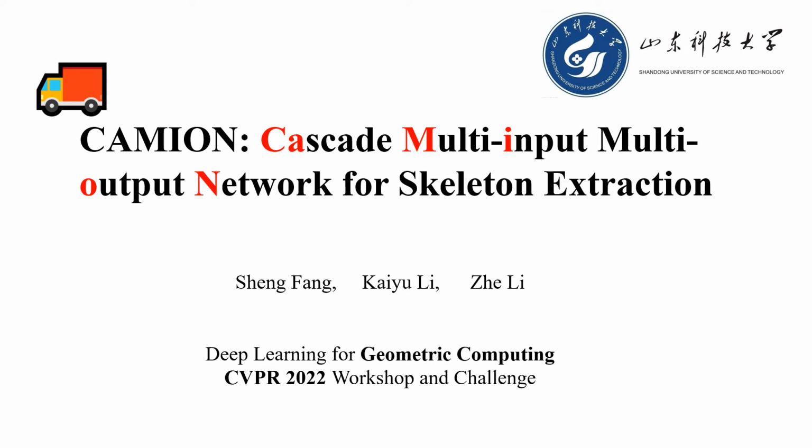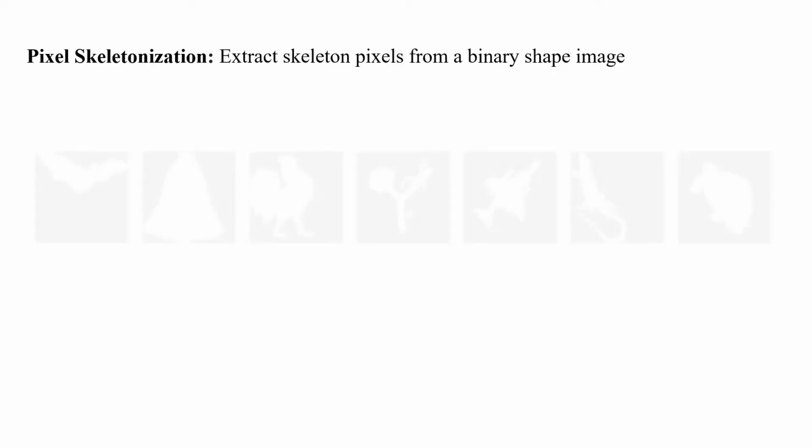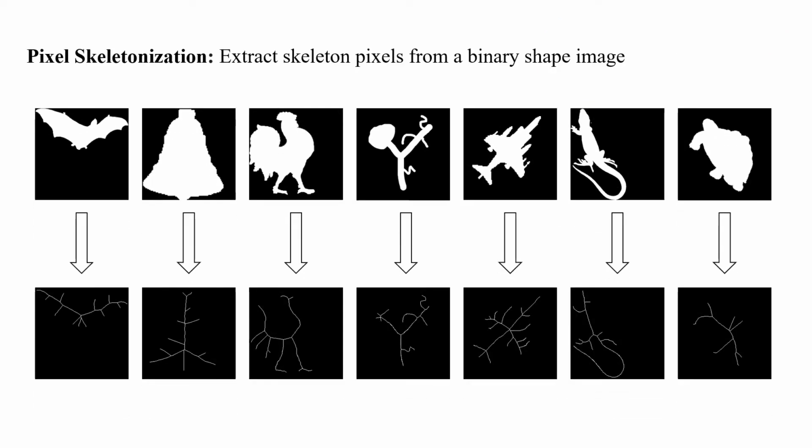In this work, we present CAMION, a Cascade Multi-Input Multi-Output network for skeleton extraction. Skeletonization is a morphological processing function that decreases the foreground regions in an image to obtain the simple skeleton lines. An accurate medial axis transformation can remove redundant information while maintaining critical topological and geometric properties of the object, which